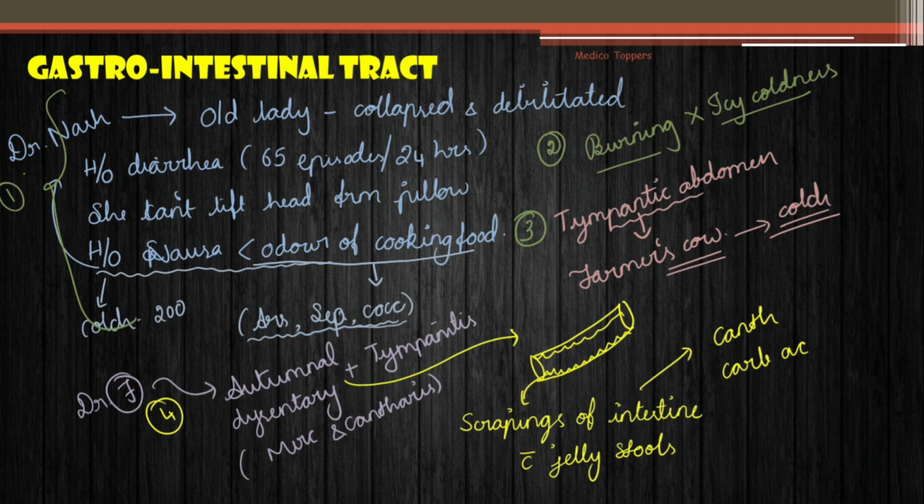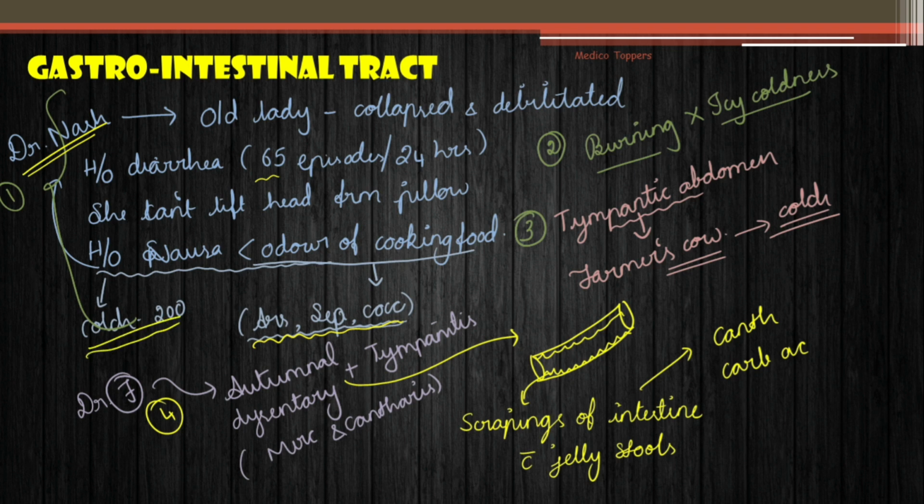So here the first thing you can remember easily with the help of this case, that the old lady who was completely collapsed and debilitated and she was having the frequent diarrhea of 65 episodes per 24 hours and she cannot lift even her head from the pillow and she was having severe nausea which is getting clearly aggravated by the odor of cooking food. Here we can compare arsenicum, sepia and colchicum, and here the patient was prescribed colchicum 200 and there was